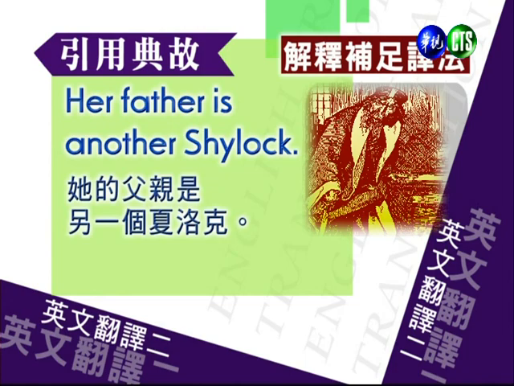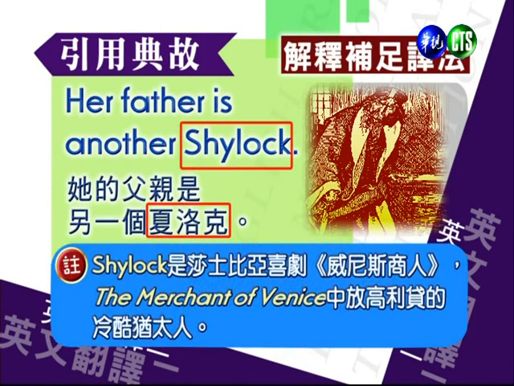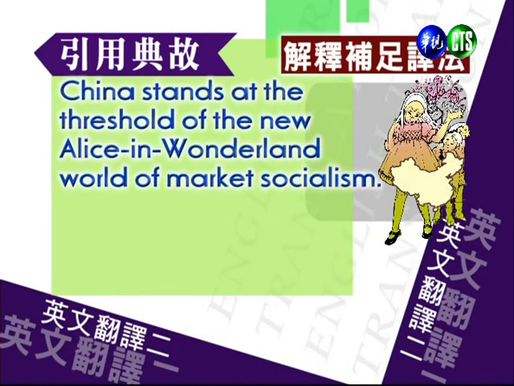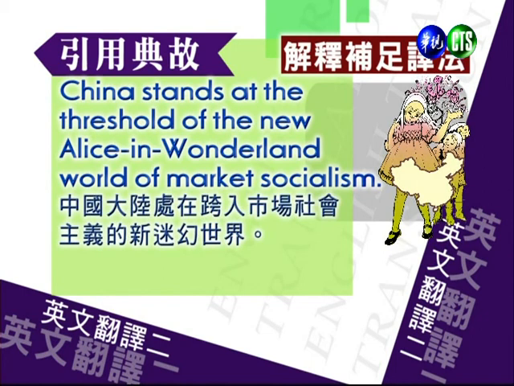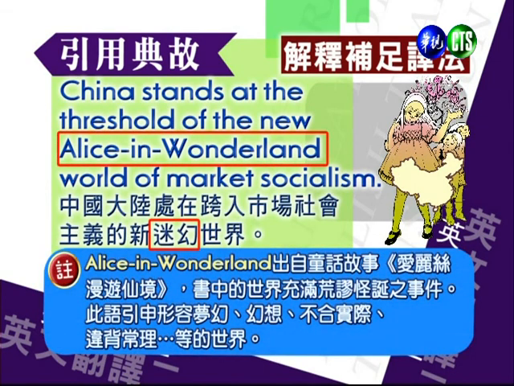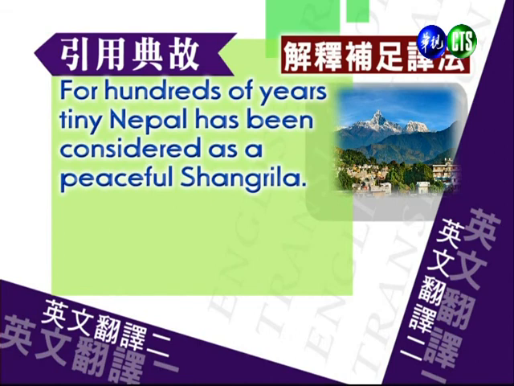下面 Her father is another Shylock. 他的父亲是另一个夏洛克。谁是夏洛克呢？夏洛克 Shylock 是莎士比亚喜剧《威尼斯商人》The Merchant of Venice 中一个放高利贷的冷酷的犹太人。我们看下面。China stands at the threshold of the new Alice in Wonderland world of market socialism. 中国大陆处在跨入市场社会主义的新迷幻世界。Alice in Wonderland 出自童话故事《爱丽丝漫游仙境》。书中的世界充满了荒谬怪诞的事件。此语引申形容梦幻、幻想、不合实际、违背常理等的世界。